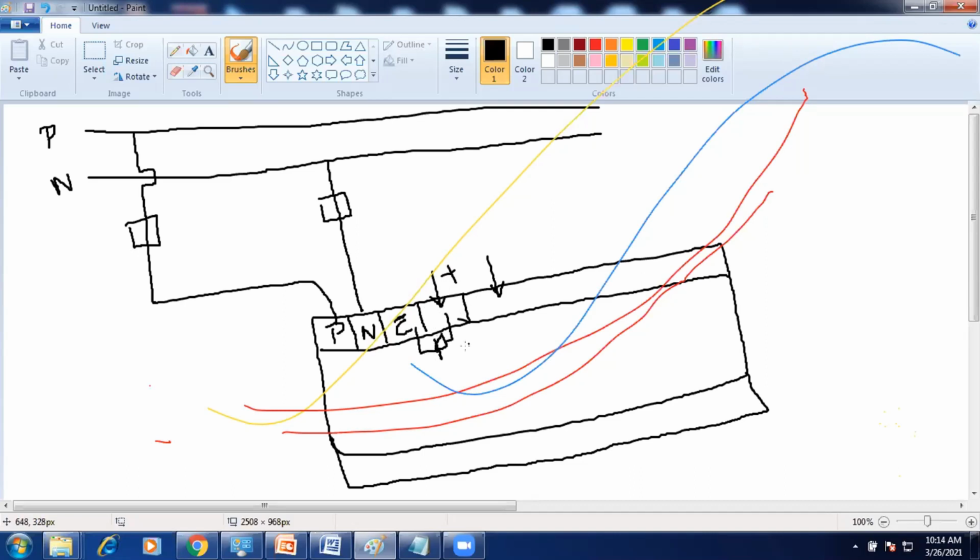Common will be connected to negative. Based on that light intensity, the phototransistor will act. From that phototransistor, we are connecting to the CPU. The CPU will be activated. Based on the program that we made inside this PLC, the corresponding output LED will be activated. When the output LED is activated, the output side phototransistor will work.